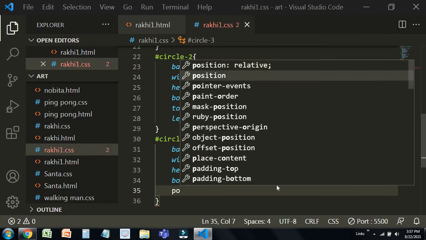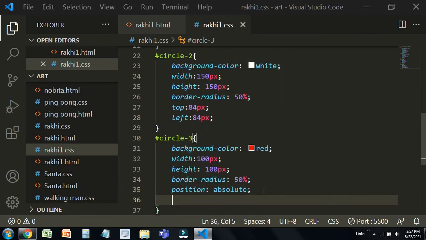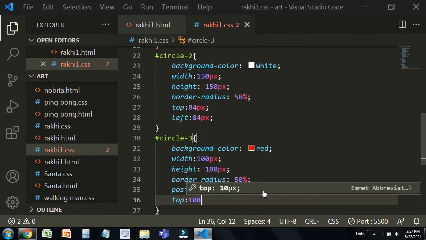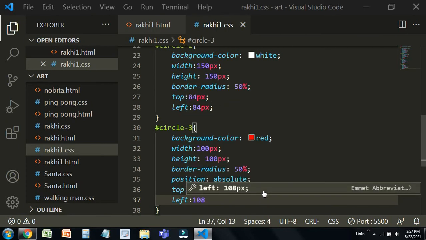Position absolute, as I said, they are the children of the main circle. Top 108 px, then left also 108 px. Yeah, perfect.